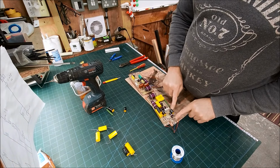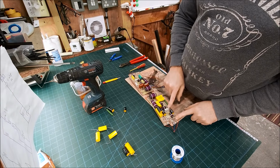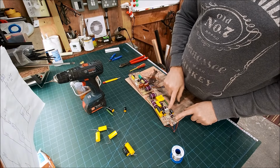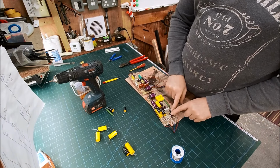I've changed the capacitor on the super tweeter circuit. I'm going to leave the resistor at the moment. I will change it, but the chances are its value will need to be different. I'm hoping to keep this circuit the same